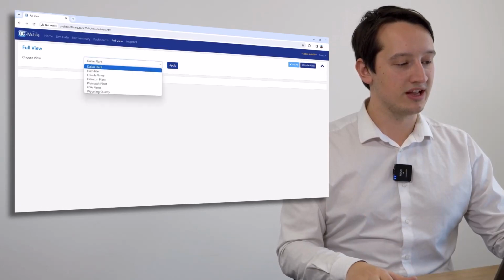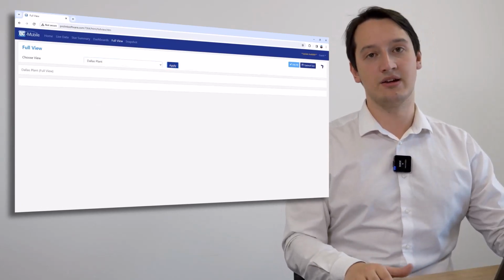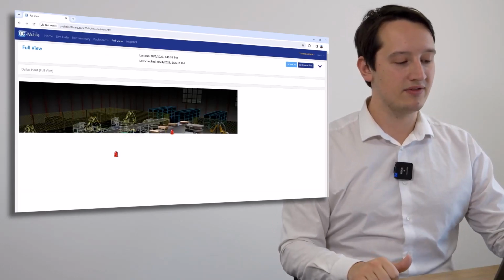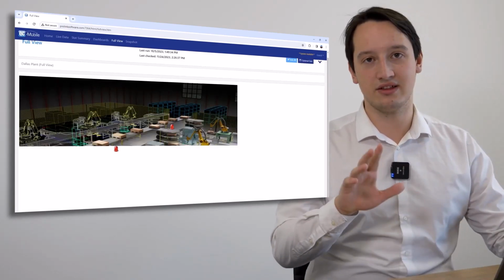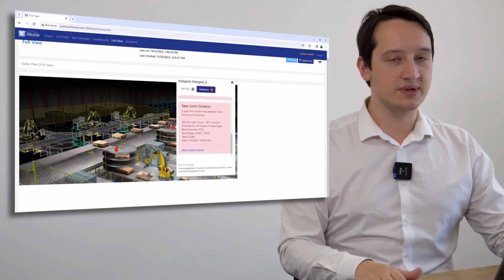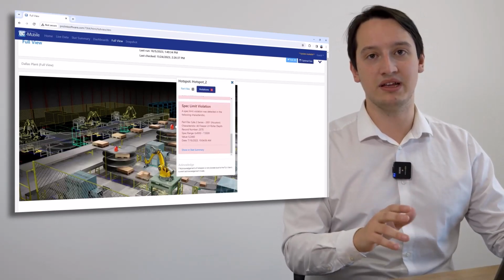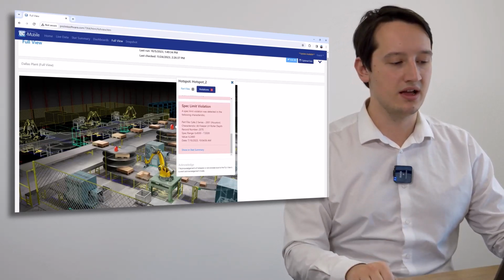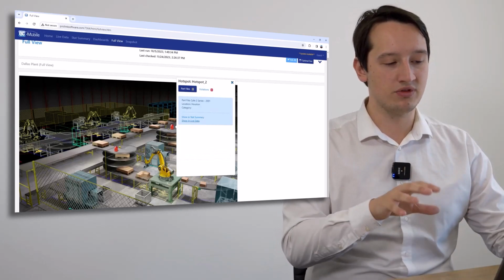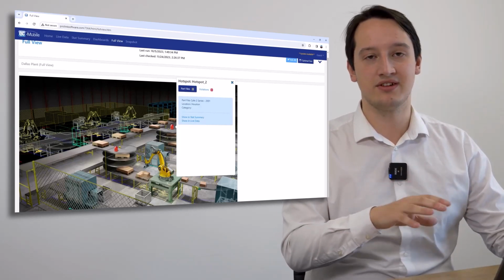So I can look at, for example, our Dallas plant. I can click apply on there, it will then load all the information from another site, give me a series of andon lights on the screen demonstrating the cells which are currently active. From those andon lights I can view particular violations such as CP, CPK or any sort of spec limit violation, as well as any QC Calc files associated with a particular area, once again making the objective of data analysis